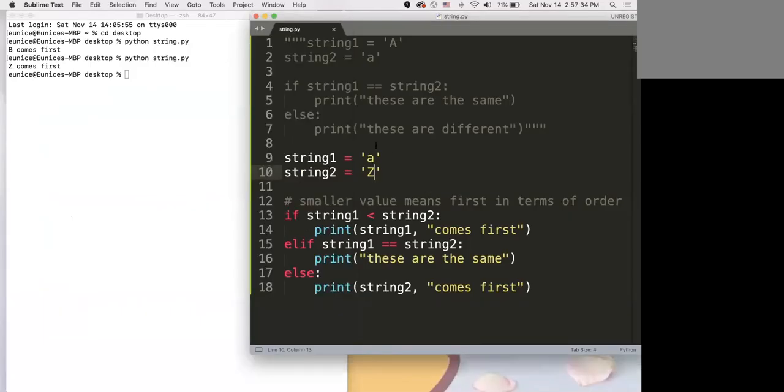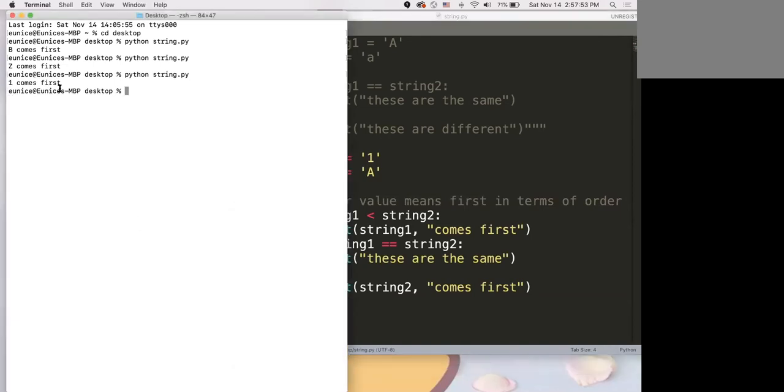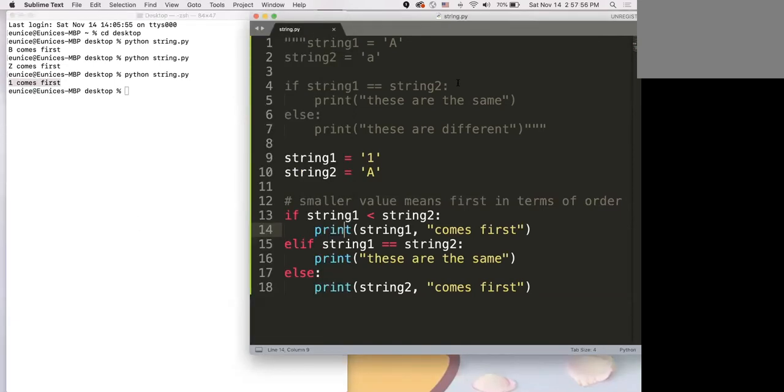All right, so this time we're going to compare the number 1 as a string. Make sure you keep the quotations around it. If you don't put the quotations around it, it'll think that you're talking about 1 as a number. So you have to keep the quotation marks around it. And then also this capital A. So when we run it, we can see that 1 comes first alphabetically, or really in terms of our Ascii